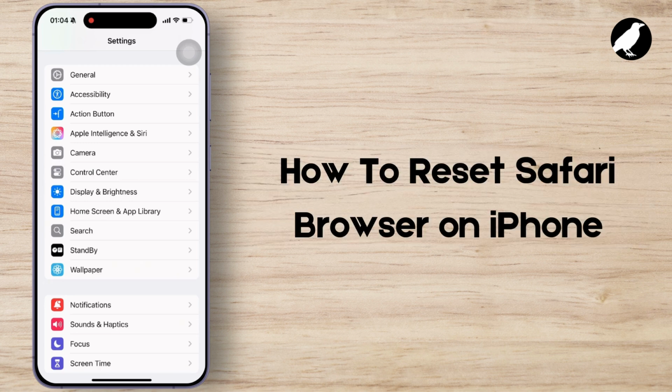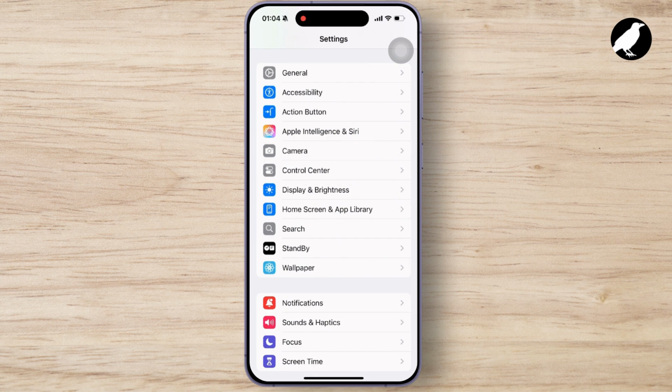If you are experiencing issues with Safari on your iPhone, resetting it can help resolve problems like slow performance, loading errors, or unexpected behavior. So, here is how you can reset Safari. So, let's get started. Firstly, the most common way to reset Safari by removing cache data, cookies, and browsing history,